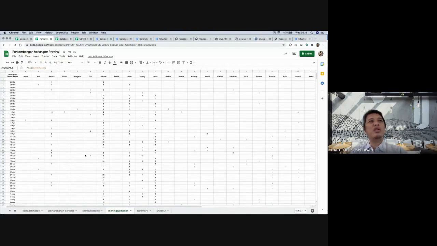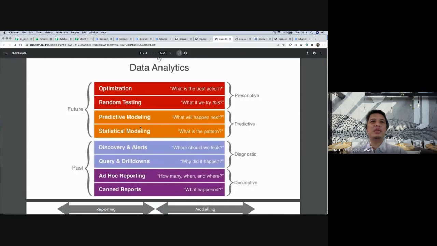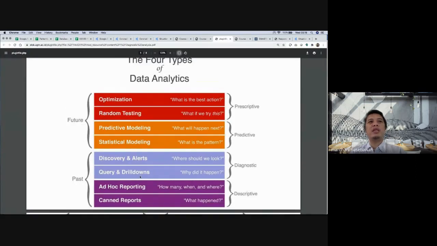So I would like you to observe this data set and then discuss with your team and your friends what kind of diagnostic analytics you can use here. You can use my presentation about diagnostics. Try to make it drill down. You can find the correlation, based on the province, based on the island, and maybe based on the closeness of the provinces. For example, it will also be a pathway to drill down the data. And then you can see other things. So that will be the diagnostic.